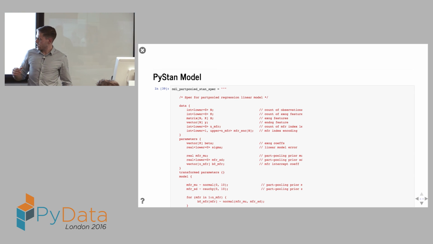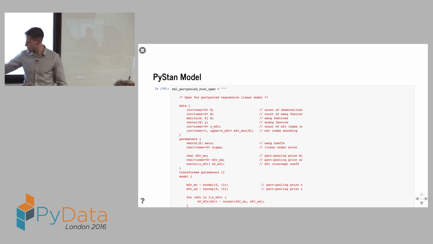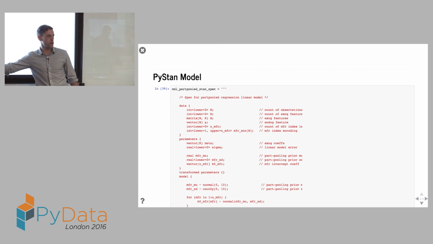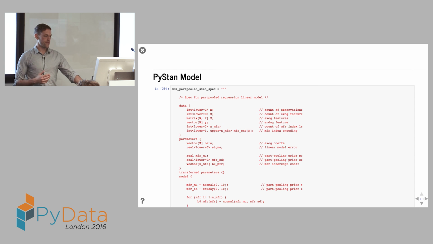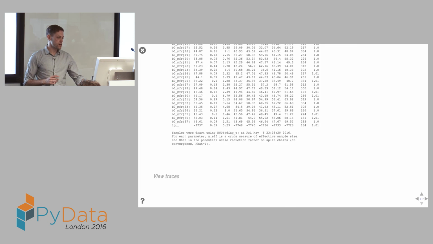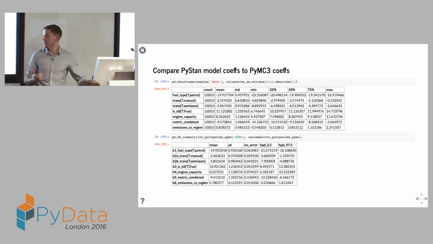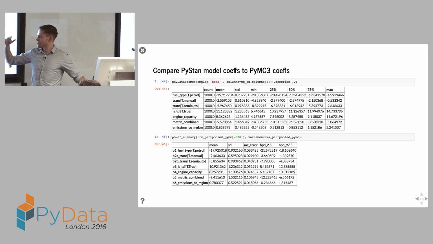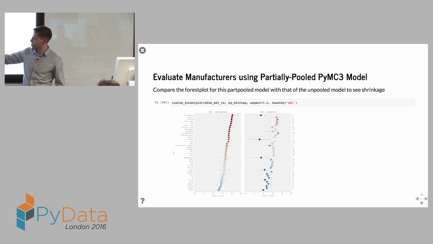In PyStan, it looks a little bit similar. Oh, bugger, it's fallen off the bottom, but you can just about see here, I've had to start doing some looping because the vectorization is not always quite clear. And this one was just about doable, but what I'm about to show you next caused me to bang my head on the desk for a number of days, trying to figure out how Stan decides that it wants to work. In the partial pooling, I've declared that PyStan and PyMC3 perform pretty much the same. Great. And here we can see the effect of that shrinkage on the partial pooling.